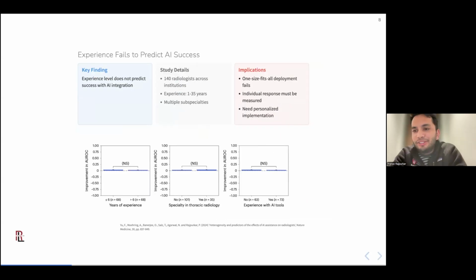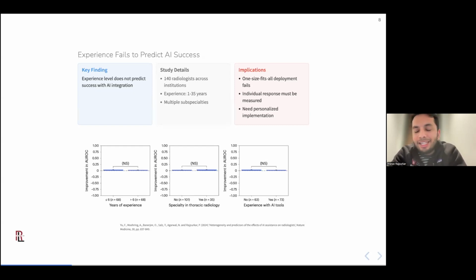And it turns out, no. The experience level does not predict the success with AI integration. We had these 140 radiologists represent multiple specialties and multiple experience levels. What we found was that the years of experience, the specialty in thoracic radiology here, or the experience with AI tools did not produce a difference in who benefited and who did not.